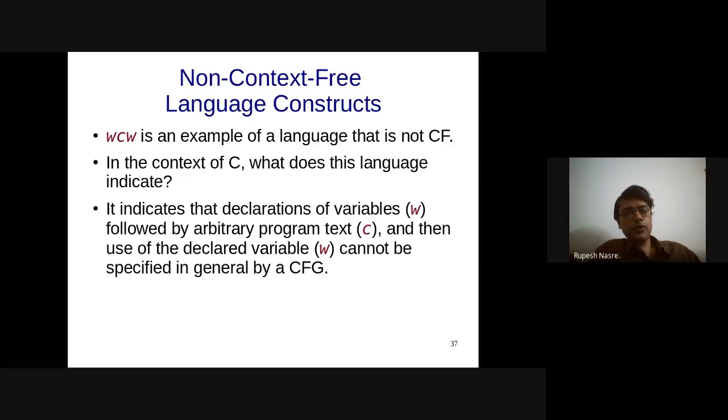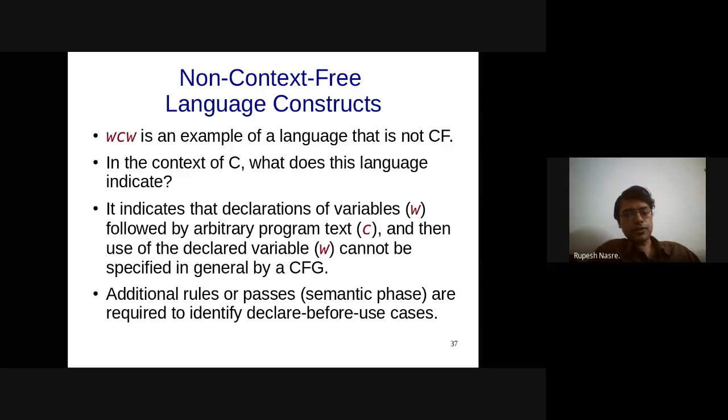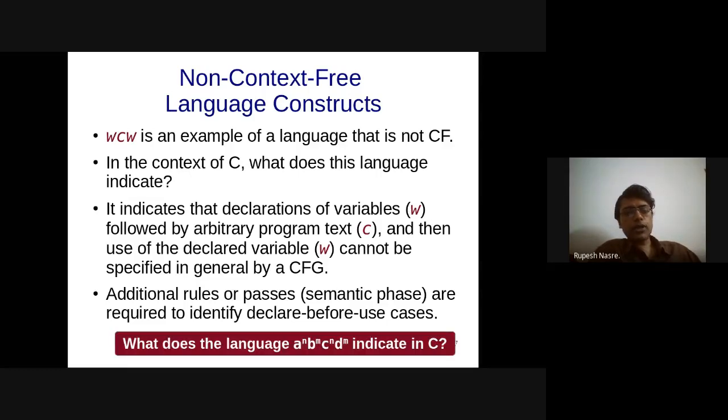Okay. If not, then that's what I was mentioning. Then you have to tell me what this language can mean in the context of programs. So a^n b^m c^n d^m. What could this mean?